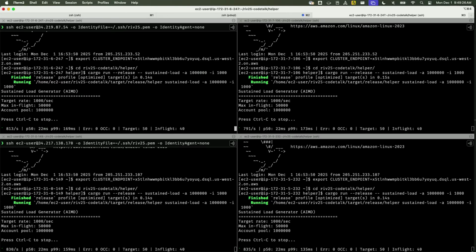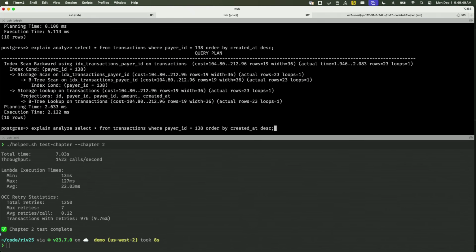And what they're going to do is, you'll notice this little in-flight counter over here. They're going to continue to open batches of connections until this number on the bottom left gets to their target. And so with this running, we have 4 machines driving 4,000 TPS. And if we jump over here, we can do